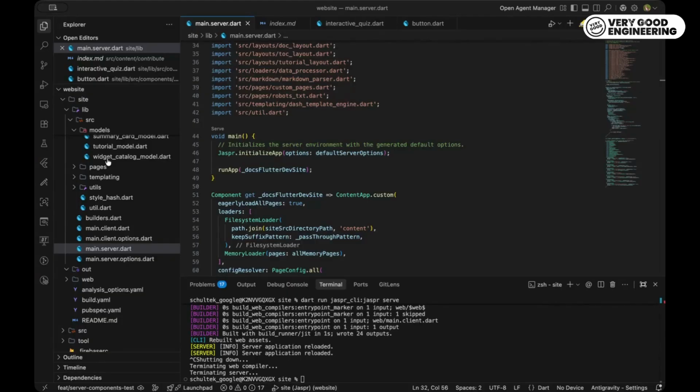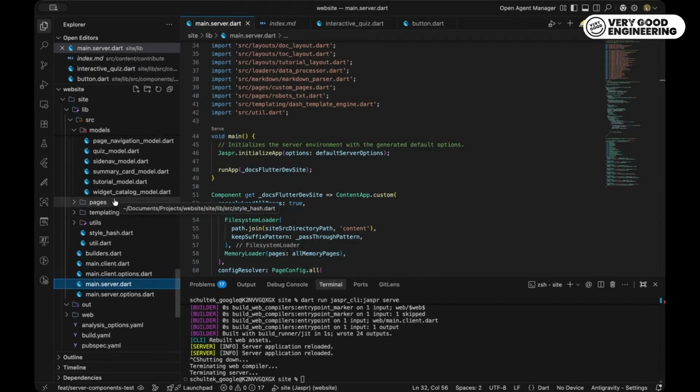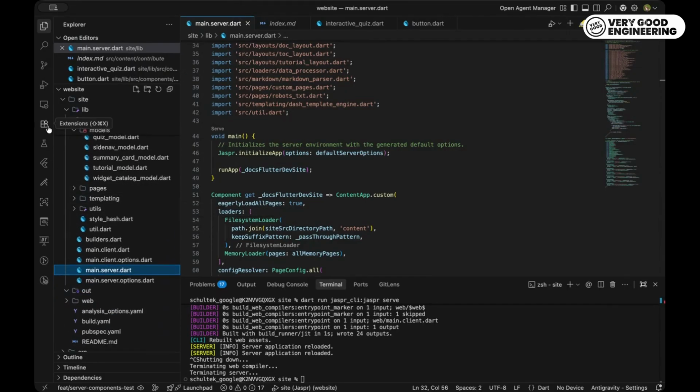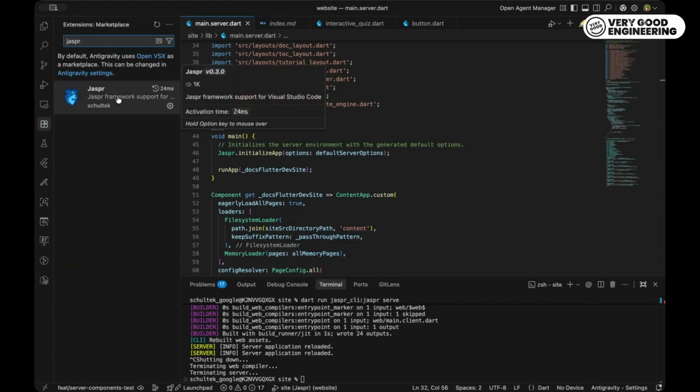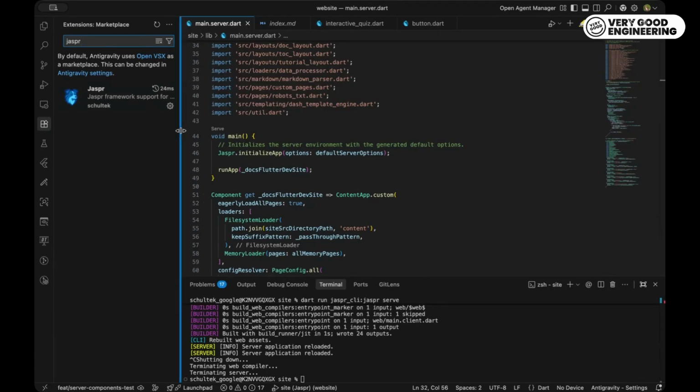Yeah, let's look a bit at developer experience, I think, because for me, there's always a big part of any framework and a big topic to get right. So going back in the docs website from Flutter here, I actually built a Jasper VS Code extension, which mainly allows you very easy debugging of Jasper applications.